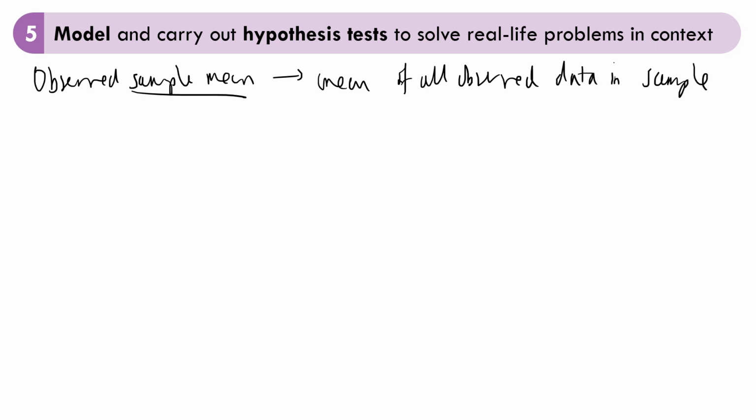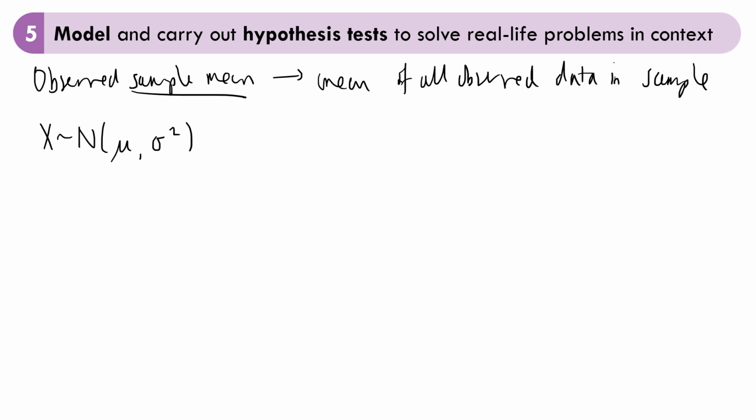And that will be given to us in the question. And then we have to determine whether or not the mean that is given for the normal distribution is correct or not. And so if we have the random variable x being modeled by a normal distribution with mean mu and standard deviation sigma,